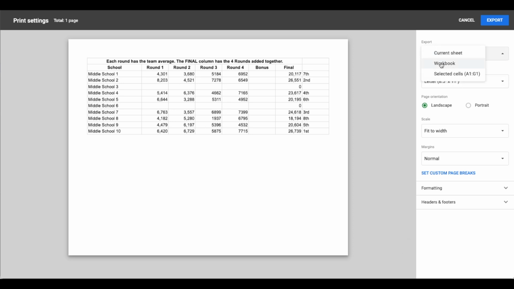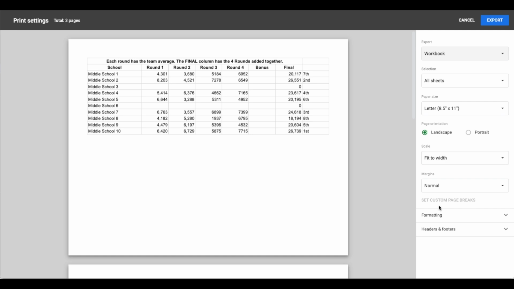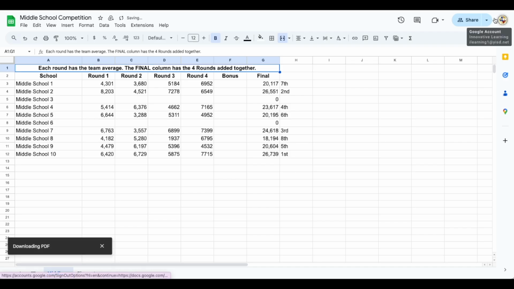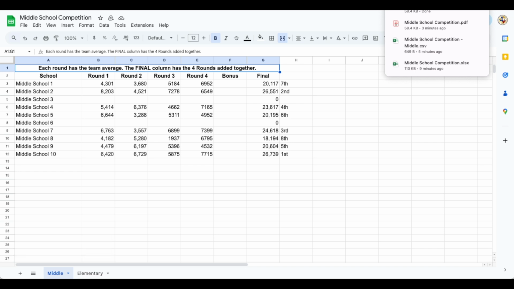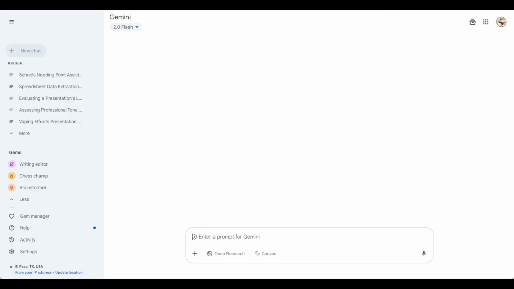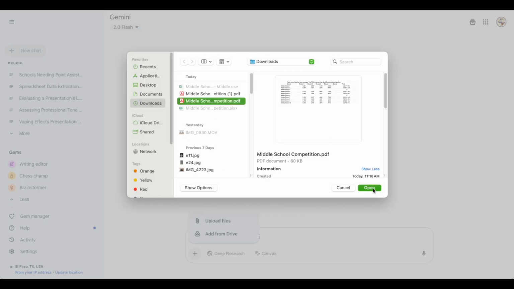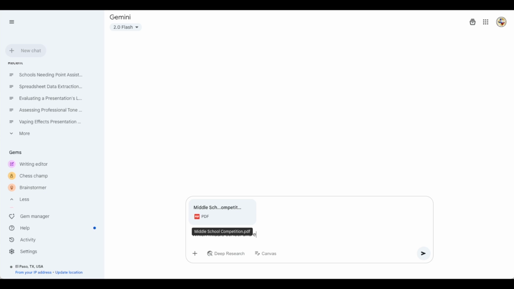I'm going to use the whole entire workbook, download it to my desktop as a PDF, and use that PDF document to put back into Gemini so it can read everything that's on it, because it reads a PDF way better than it can a spreadsheet. It doesn't like spreadsheets. So I'm going to push the plus sign, and I'm going to find that PDF document. Here it is right here, and I put it in there,